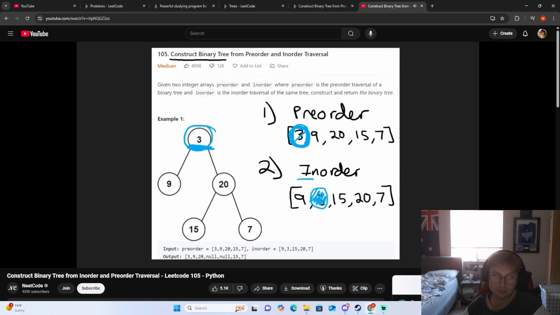Because that's basically the purpose of in-order traversal, right? It guarantees that we're going to go through the tree in order, right? From left to right, basically. Right, so if we see the 3 here, and this is the position in the array, we know everything here is going to be in the left subtree, everything here is going to be in the right subtree. That's what it tells us. This is really convenient for us because we can